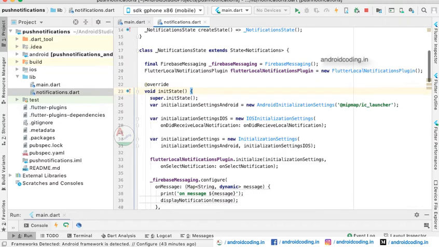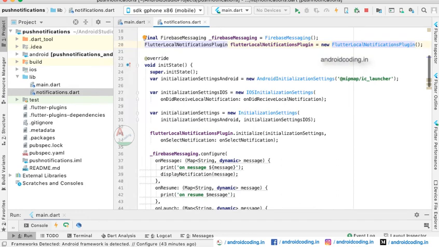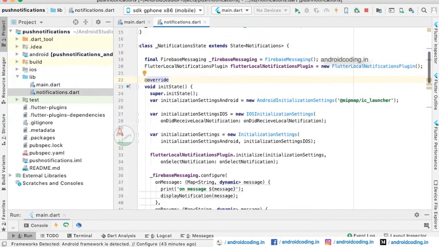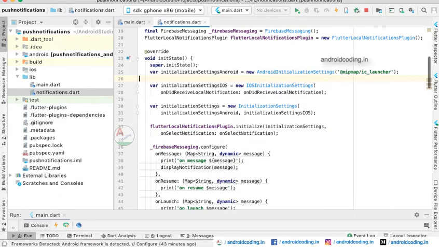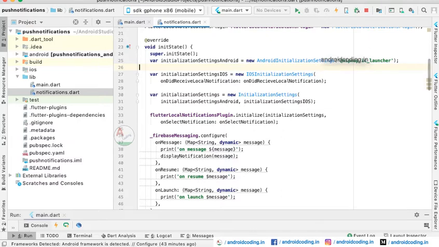Here we have initialized the Firebase messaging plugin which we added in pubspec, and also the Flutter notification plugin. These two we added at the initial level, right? We have initialized these two and taken the objects, and in the initState we have initialized settings for Android. We will be displaying the ic_launcher image here.